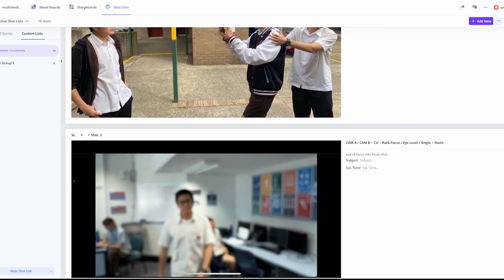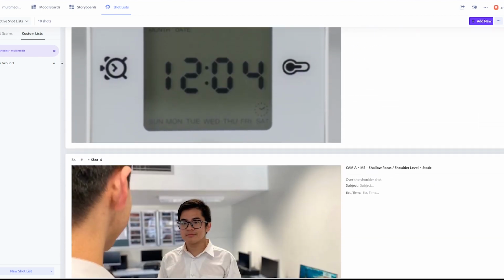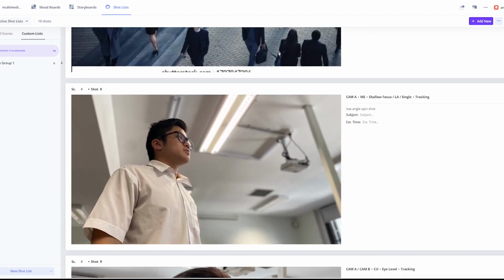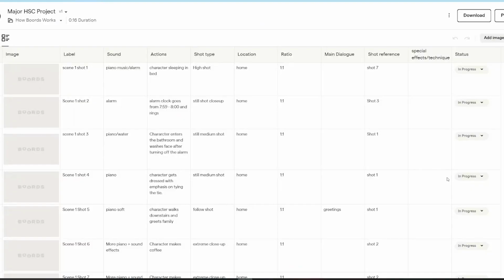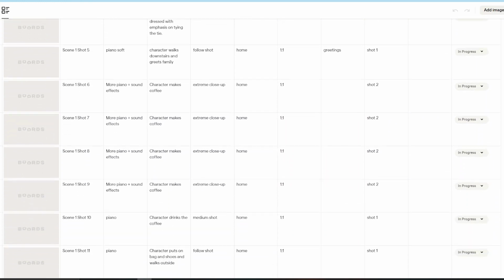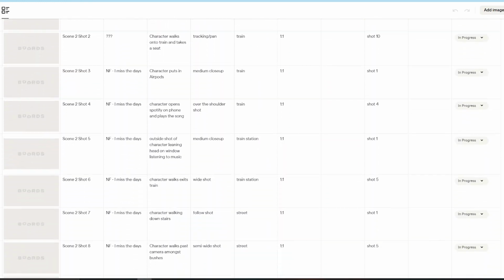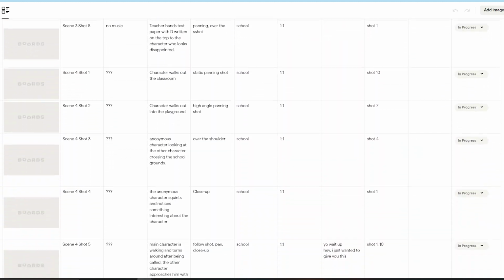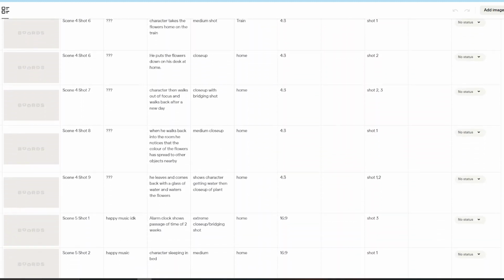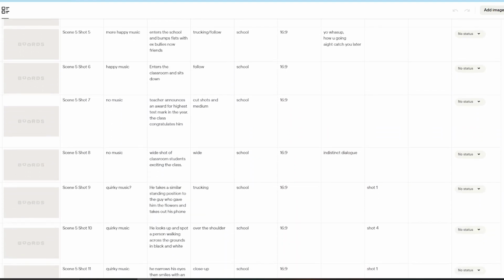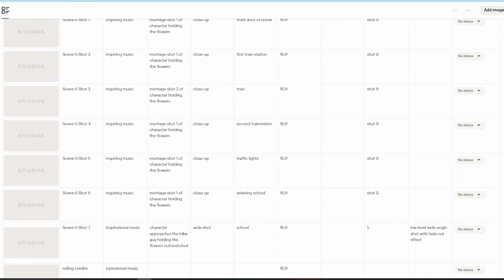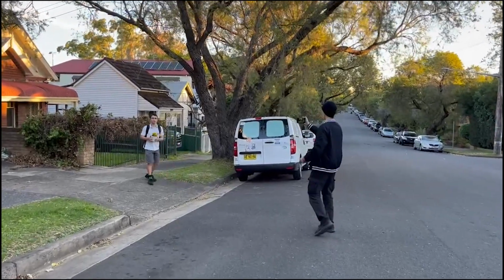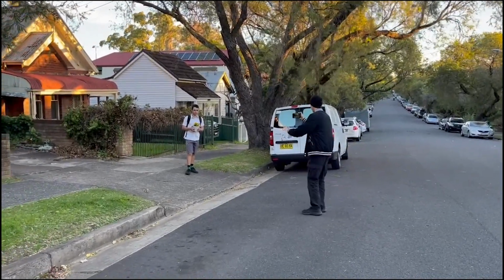Next, I created a shot list, which is a detailed collection of all the types of shots that I would use in my film. I did this all in a specialized online tool called Studio Binder. I then needed to create a highly detailed linear shot-by-shot timeline for my filming process, which I did in another online software called Woods. I added descriptive metadata to each shot, including the music included, shot type, screen ratio, dialogue, and film techniques. I then initiated my filming process, starting with the easiest shots to film at first, mainly the